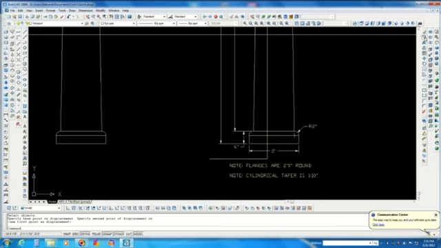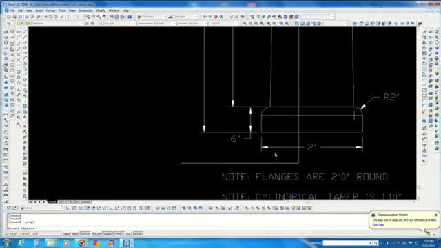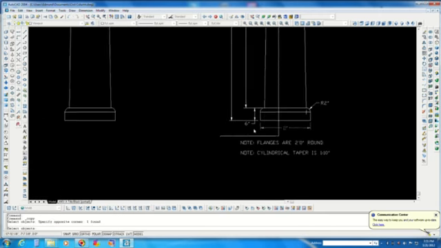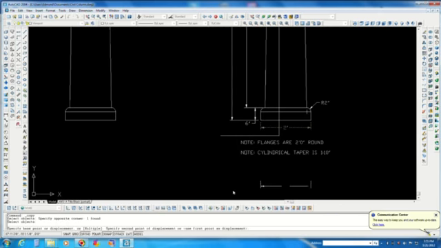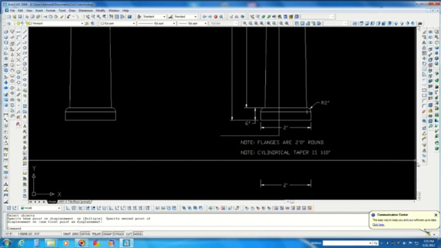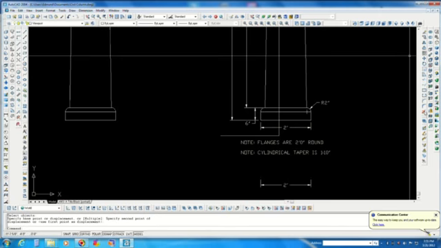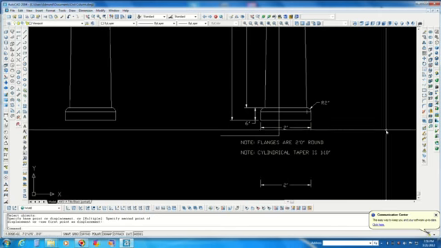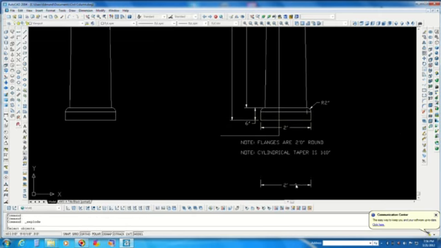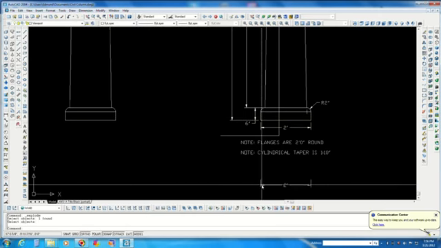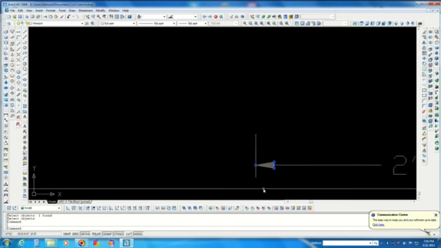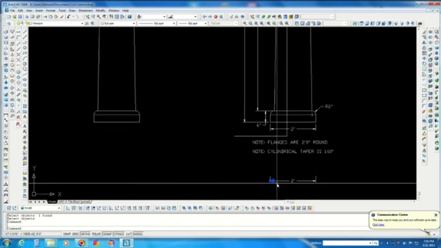Now let me show you a little trick about sectioning. Just grab yourself one of these dimensions and bring it out somewhere in space and explode it. It looks like a stick of dynamite. It should be in modify. See it over here? Let's explode that. And what I want from it is these arrowheads. I want to copy that arrowhead